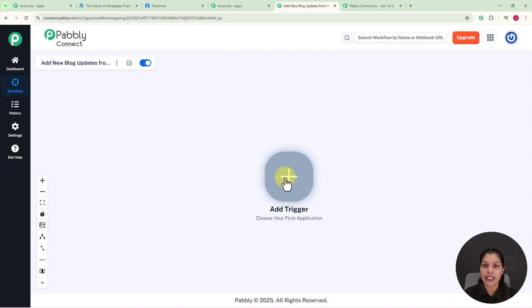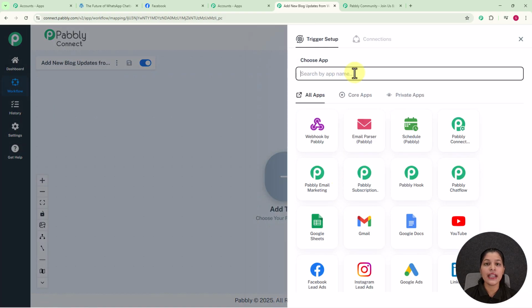So now you might be thinking, what is this trigger? So trigger is basically our first application or the application which is going to initiate our workflow. So in this case our trigger app is WordPress, as I want to initiate my workflow as soon as a new post is created over the WordPress. So here I am going to just click over this add trigger button, and here we are landed to the